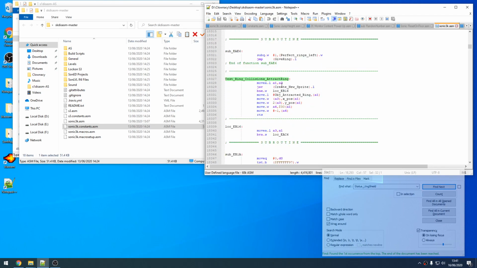So as you can see, it creates an object, bails if it can't allocate the RAM, turns it into an object attracted ring, and creates it at the position of the ring. From there's the pseudo ring, I suppose we'll call it, because this is an object, but the actual ring isn't. In Sonic 1 they are, but